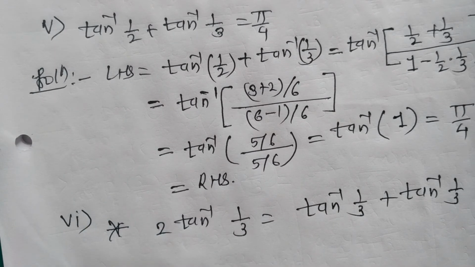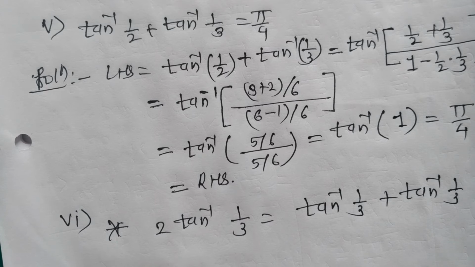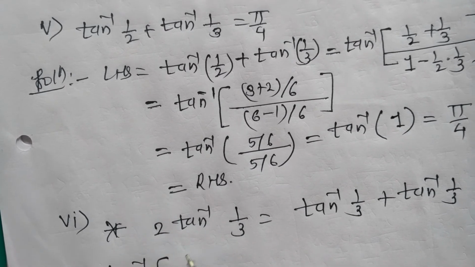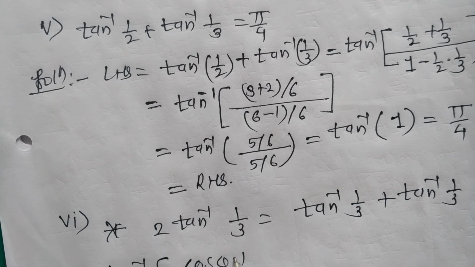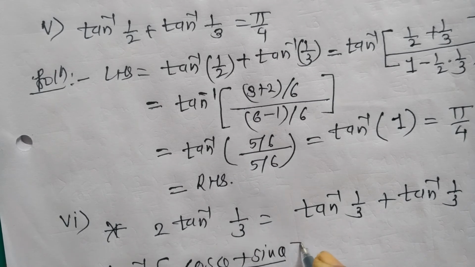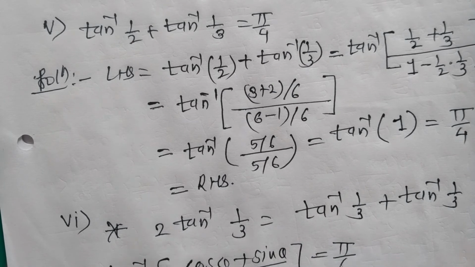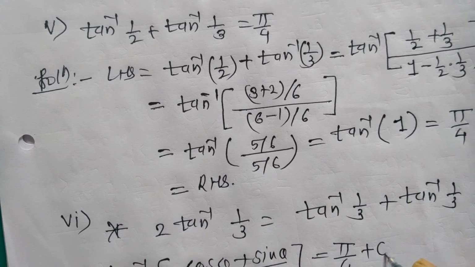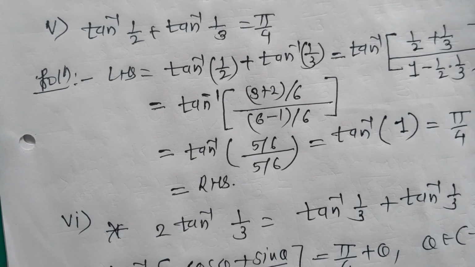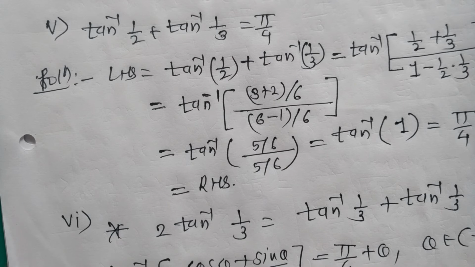But here question number 7 is given to you. Question number 7 is for the value of theta which lies between minus pi by 4 to plus pi by 4. Tan inverse of cos theta plus sin theta whole divided by cos theta minus sin theta is equal to pi by 4 plus theta, where theta belongs to the range minus pi by 4 to plus pi by 4. Okay, this is a very easy question. Already we